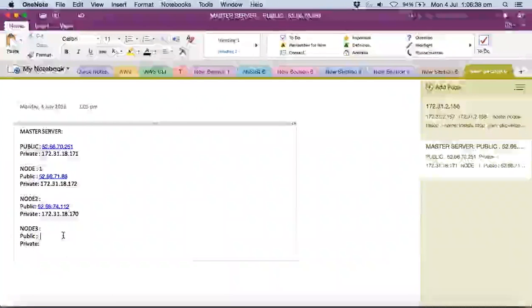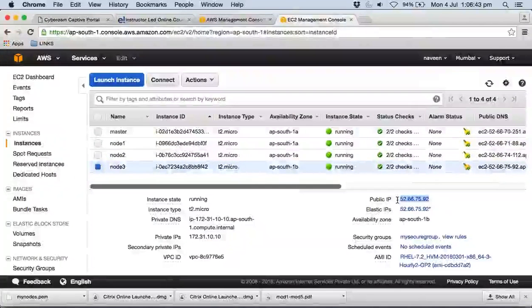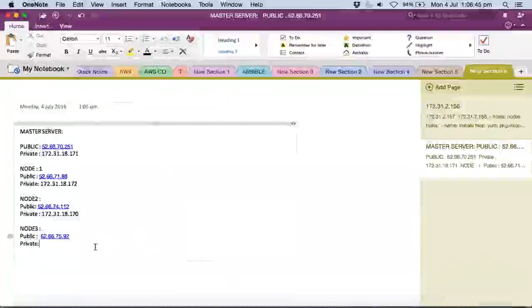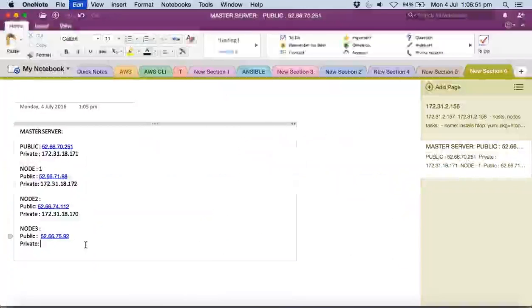The same is applicable for node 3. Just copy and save it, because it is required when we run Ansible playbooks, Ansible roles, or Ansible hosts, which is going to benefit us rather than grabbing it from ifconfig